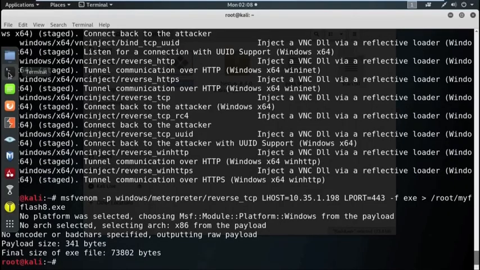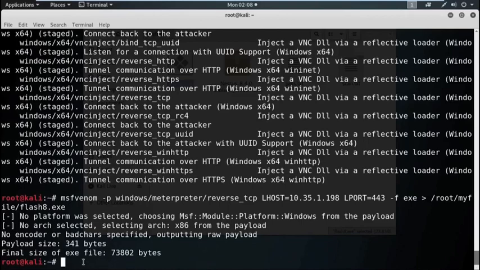Now, our main aim is to execute this exe file on the target machine using any kind of social engineering attack, like maybe through email, maybe by website, or any other social engineering attack vector.